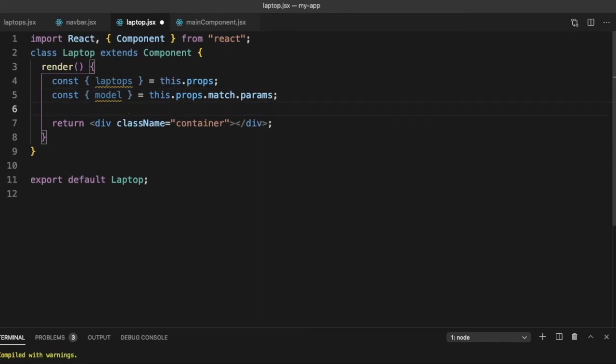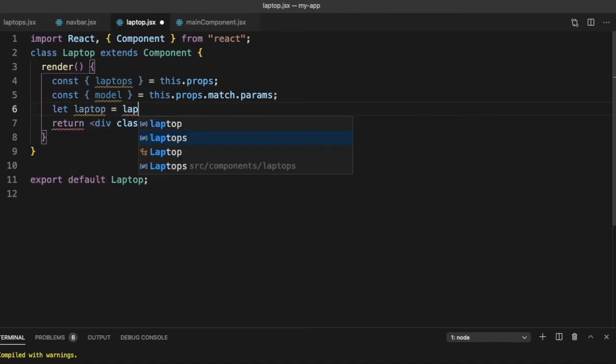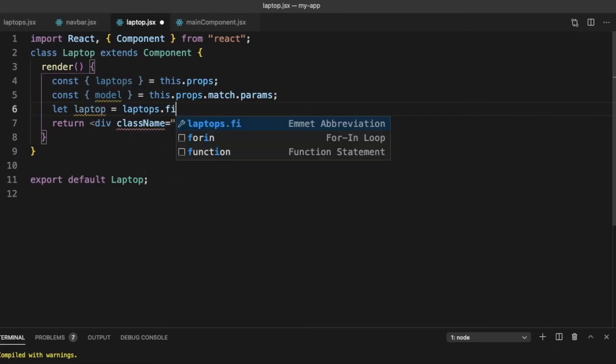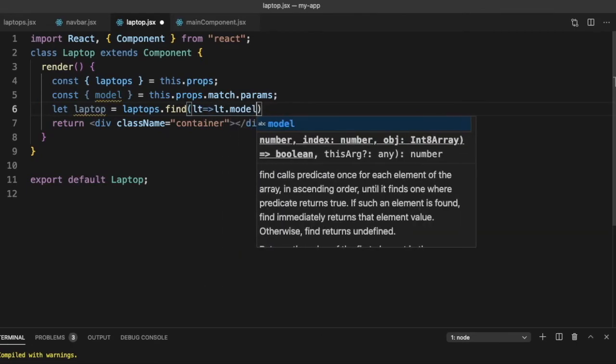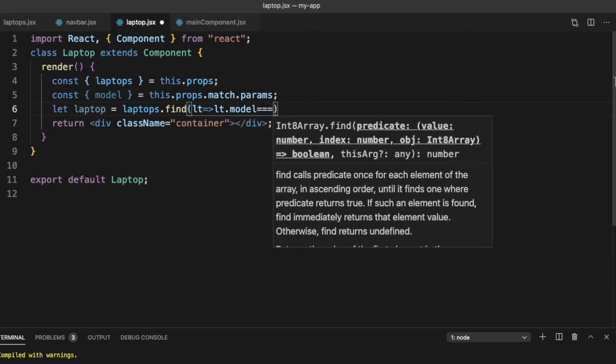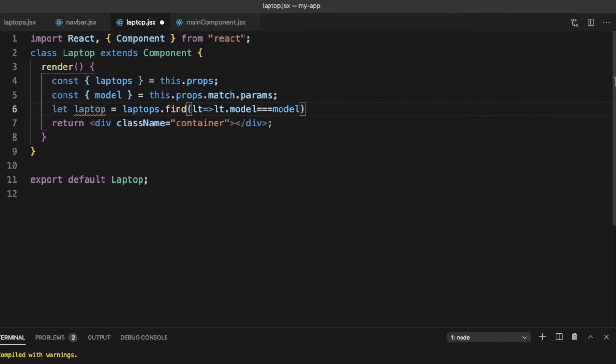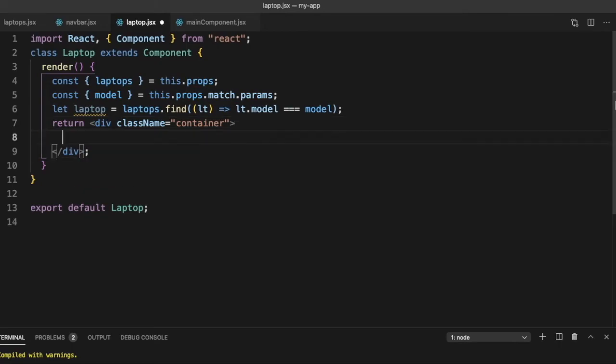Now once we have gotten the model name, let's get the laptop. So let laptop is equal to laptops dot find lt such that lt dot model is equal to model. Now that we have found the laptop, we just need to show their details.